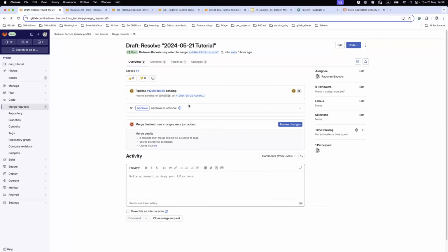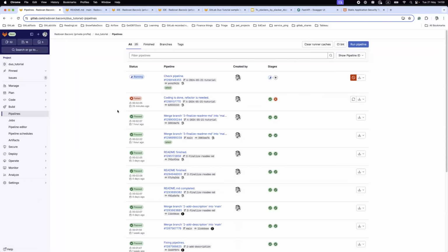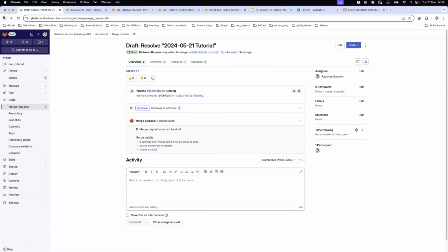So this is my pipeline running. You can see stage here, and you can see linters here. So this is my pipeline. Of course, you can see everything here. Inside your pipeline, you can put whatever you want, but for this purpose, you just go and see linters and